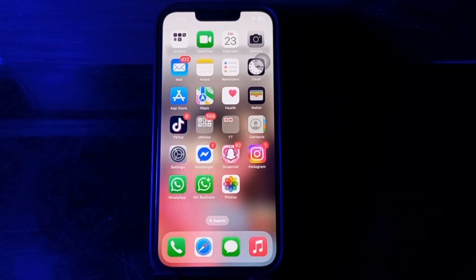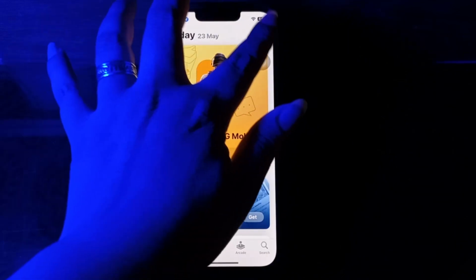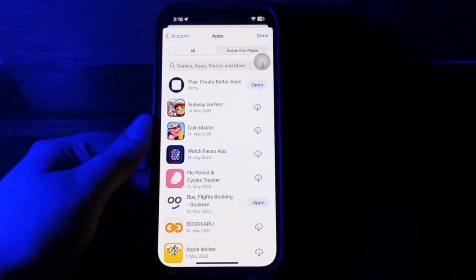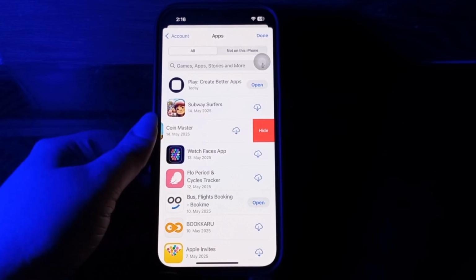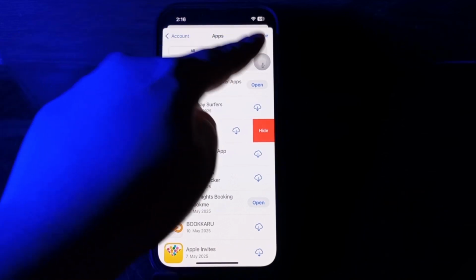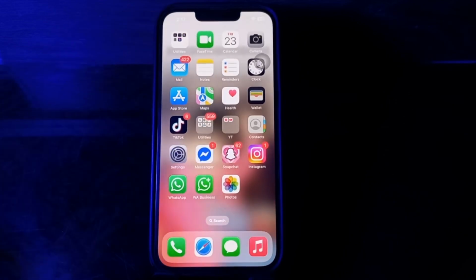Next, I'm gonna tell you how to hide apps from App Store purchase history. If you have Family Sharing enabled, anyone in your family group can see the apps you have downloaded. If you want to keep some of your apps private, you can hide them from your App Store. For this, open the App Store on your iPhone and tap on your profile at the top right. Next, choose Apps. If you're using Family Sharing, tap My Apps. If not, then skip this. And then swipe left on an app and tap Hide. This removes your app from the list of purchased apps. And then tap Done at the top right to save your changes. And you are done.